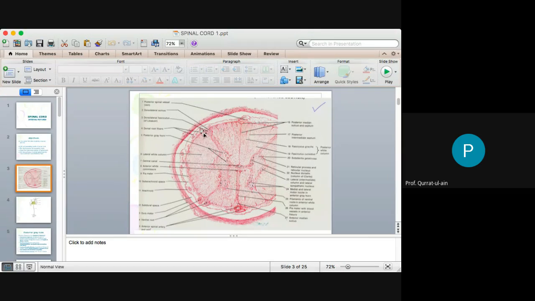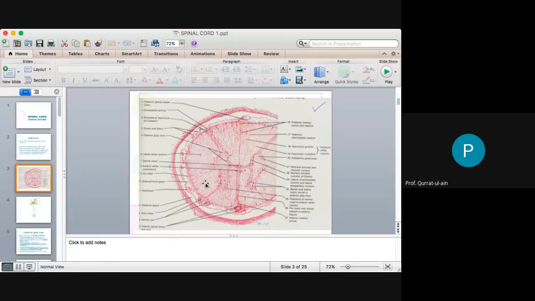And you all know that there is a gray matter and there is a white matter, right? Can you hear me clearly? Can you hear me clearly? Yes, ma'am. All right, thank you. Yeah. Right,